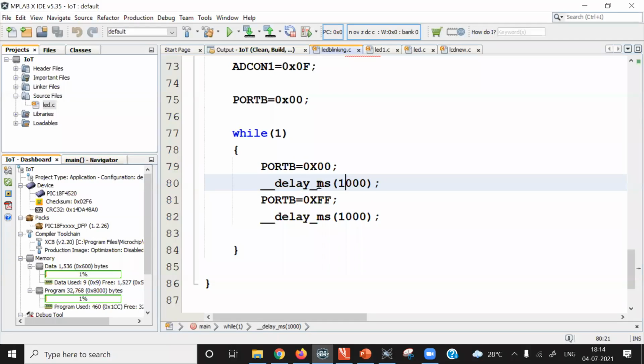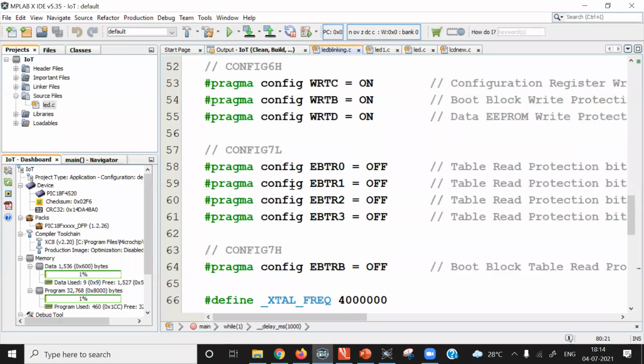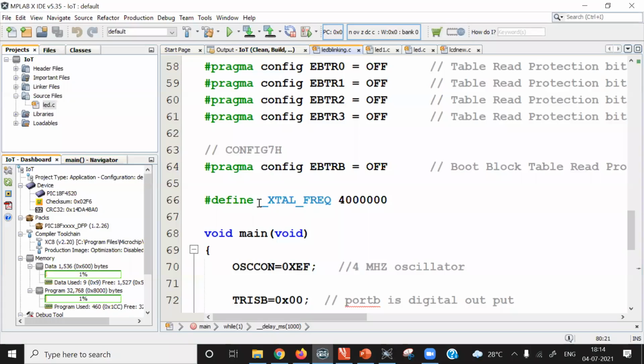In order to use this built-in subroutine, which is also called a macro, you need to define one variable, and this variable is _XTAL_FREQ. After that, you type the oscillator frequency. If the oscillator frequency is 4 megahertz, then you write 4 megahertz. The frequency is to be entered here in hertz. So after 4, there are 6 digits. That means frequency is 4 megahertz.